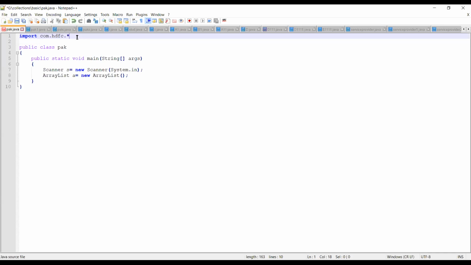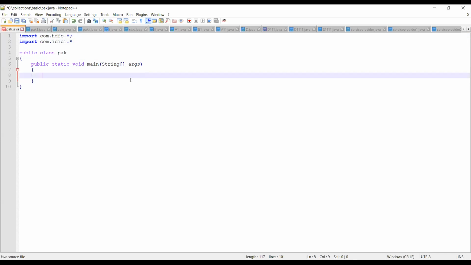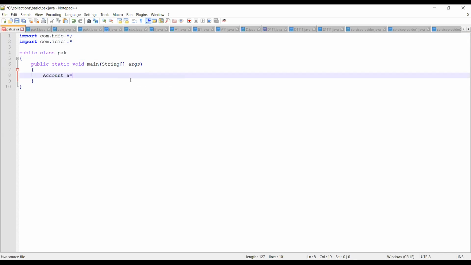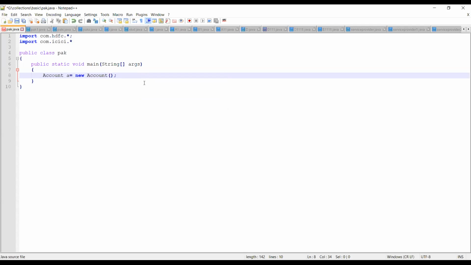Now another import statement, com dot ICICI dot star. I'll delete both the things here. Suppose I have a class, for example, Account a equals new Account.